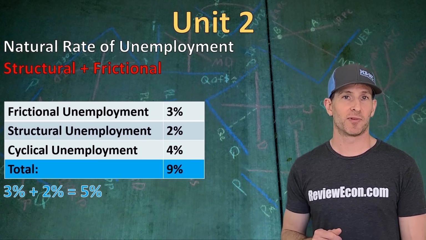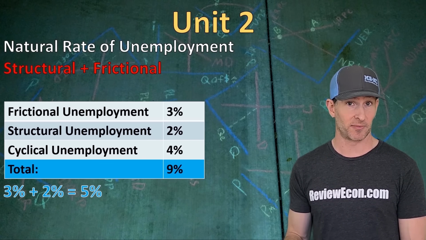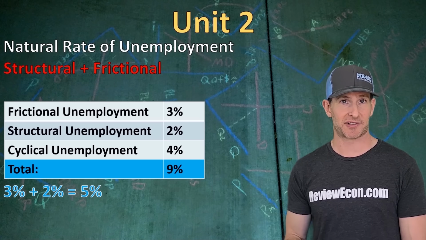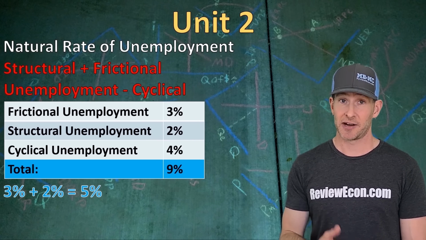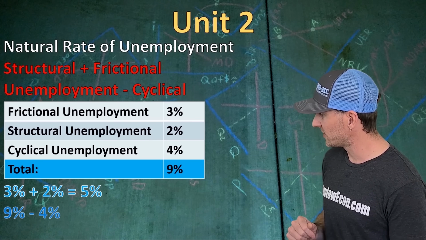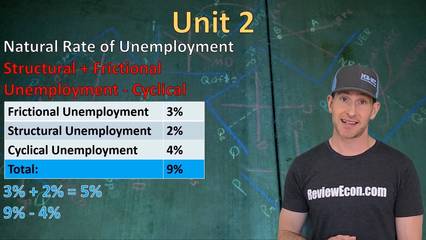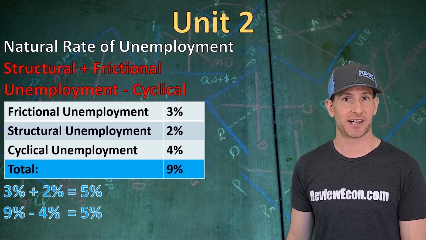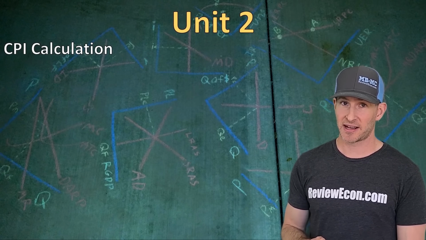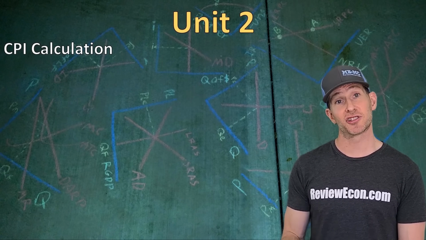Since the natural rate of unemployment is also where the cyclical unemployment is 0, you can find the natural rate by taking the current rate and subtracting cyclical unemployment. Here we would take our 9% current level of unemployment, subtract the 4% cyclical unemployment, and that gives us the same 5% natural rate. The next macroeconomic indicator we're going to look at for this unit is the Consumer Price